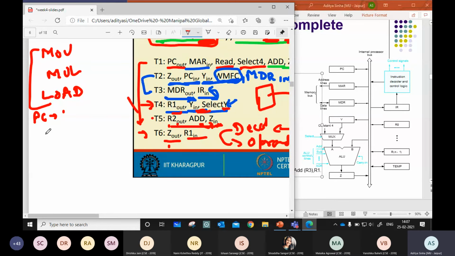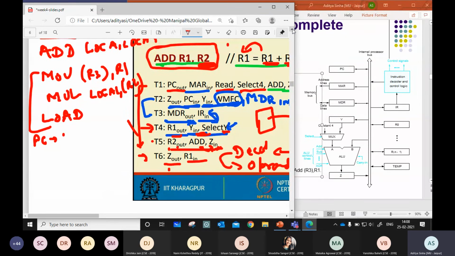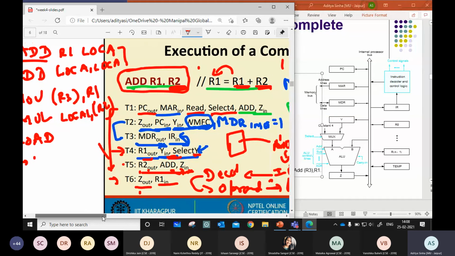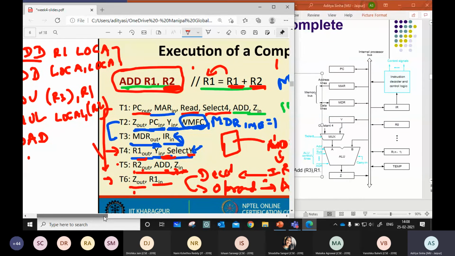सो यू कैन ऑब्वियसली एक्सपेक्ट कि क्वेश्चंस पूछे जा सकते हैं कि इफ़ यू हैव MOV ब्रैकेट R3, R1, MULLOCA, ब्रैकेट R2, ऐसे क्वेश्चंस आ सकते हैं. Anything we can have, and for that you have to make the control signals in the data path. So what I'll suggest, प्लीज़ इसको रटो मत, रटने से नहीं होगा, बहुत कन्फ्यूजन होगा. उससे अच्छा डेटा पाथ क्लियर करो, डेटा कैसे फ्लो कर रहा है किस रजिस्टर के अंदर, और उसके बाद उनके कंट्रोल सिग्नल्स ड्रॉ करो. कंट्रोल सिग्नल ईजी है.